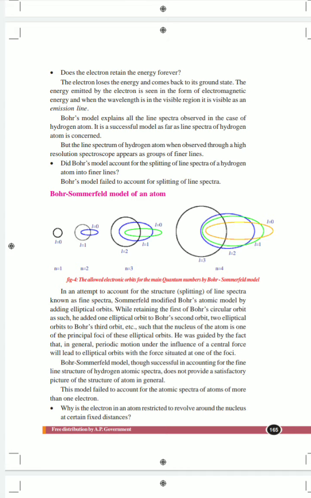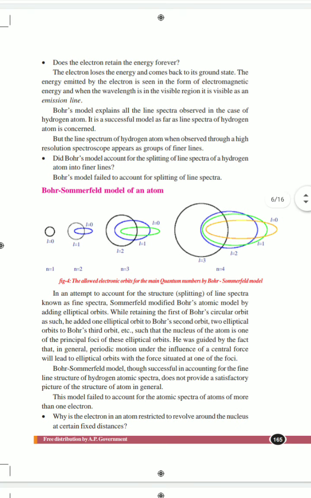So here one thing you have to observe. In the structure model given by Niels Bohr, he gave the line spectrum only. Bohr's model explains all the line spectra observed in the case of hydrogen atoms. It is a successful model as far as the line spectra of the hydrogen atom are concerned, only for the hydrogen atom. But the line spectrum of the hydrogen atom, when observed through a high resolution spectroscope,